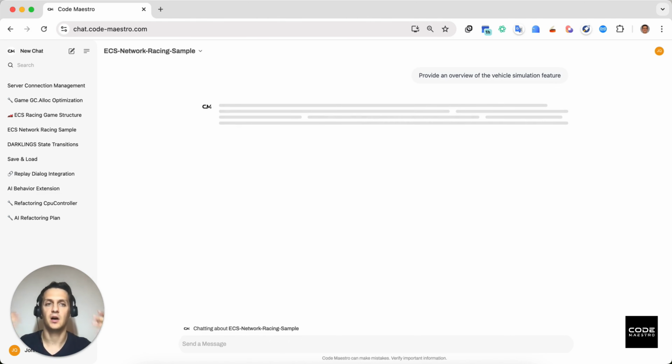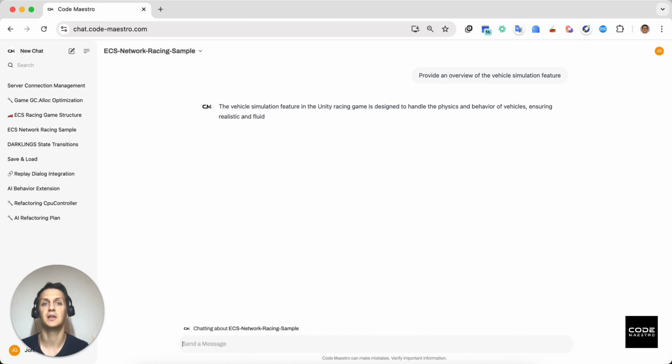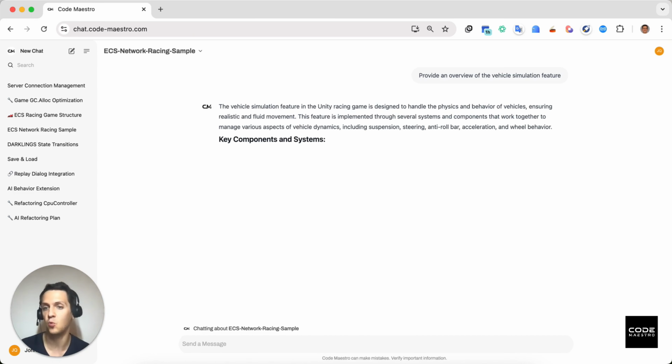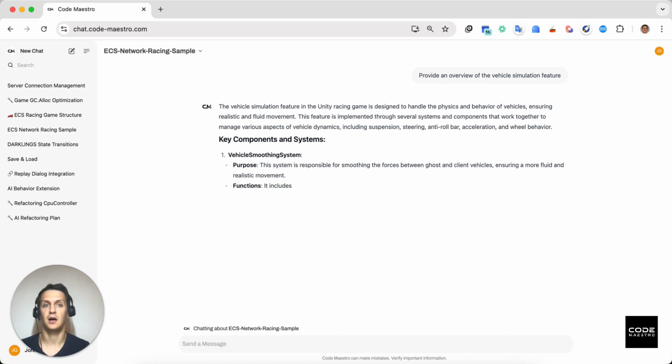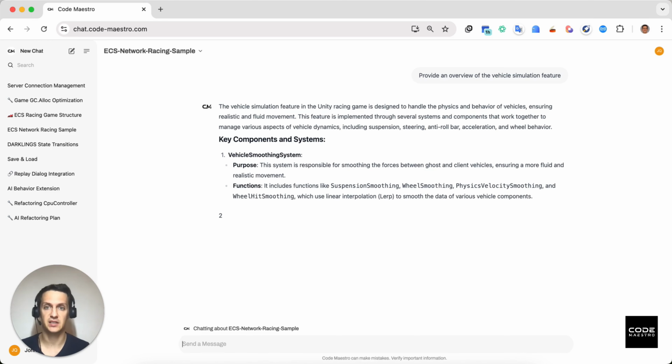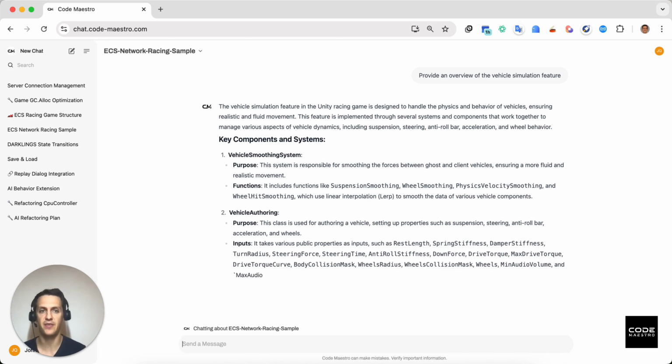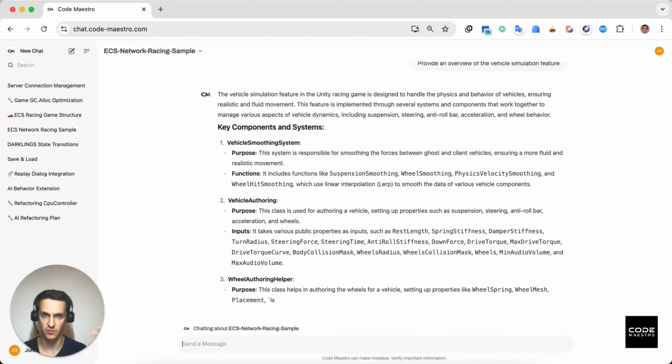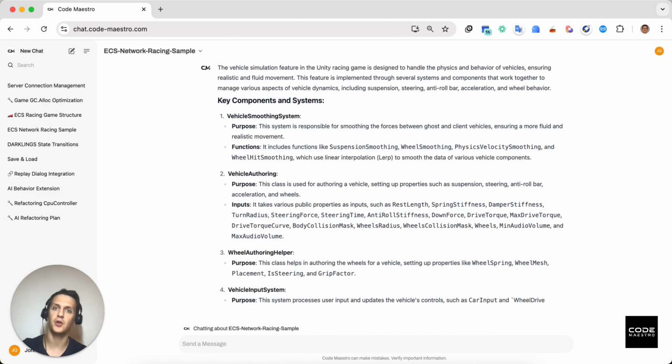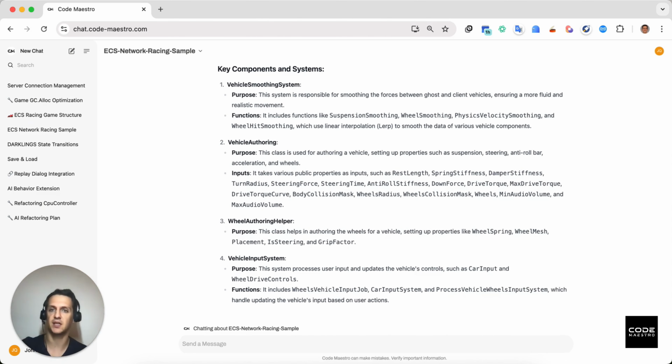my team with all the questions, and I can just get all the details obtained from direct access to the code base of the project from Code Maestro. So let's see what it comes up with. I've got here the list of different components and systems that are responsible for that functionality, and there are plenty of them. So it means that Code Maestro took a look at a set of scripts and